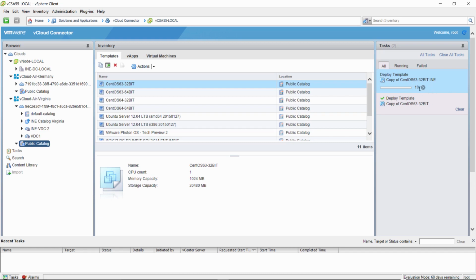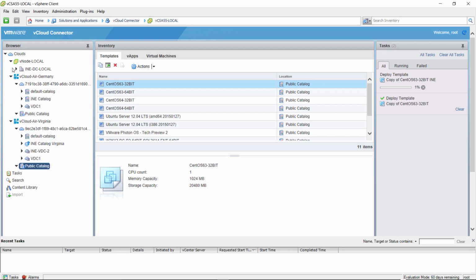And while that proceeds, let's look further. So we've looked at public catalogs, and we are deploying a virtual machine from there. The same capabilities obviously exist up here as well. If I go to vCloud Air Germany and click on the twisty, I have default catalogs, INE catalog, and my VDC one as well, and there's a public catalog there also, and we can look at that, and it's basically the same catalog